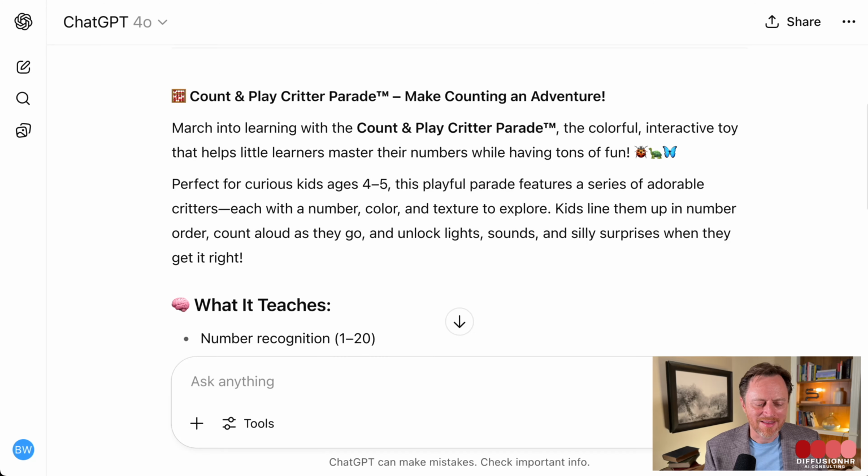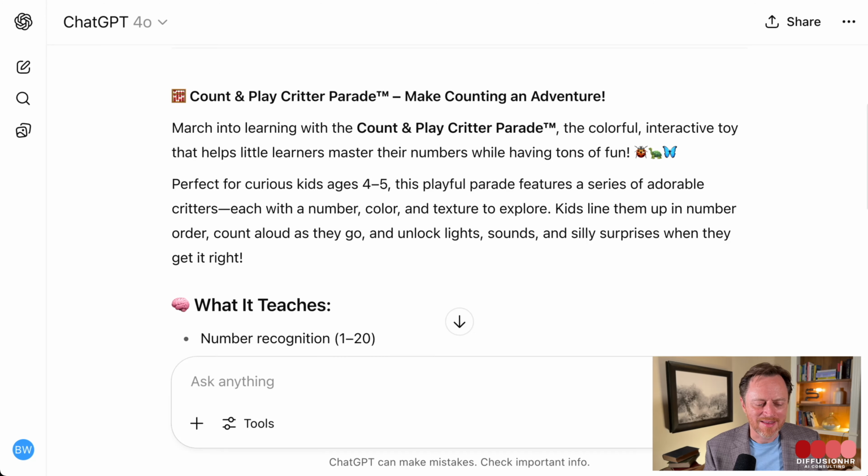Okay, so the first thing I did was, I didn't have a product description, so I went ahead and had the tool actually create one for me. And so now what I'm going to do is take this product description, and I have it highlighted there. I'm going to click on where it says Ask ChatGPT, and I'm going to go over here and I said,